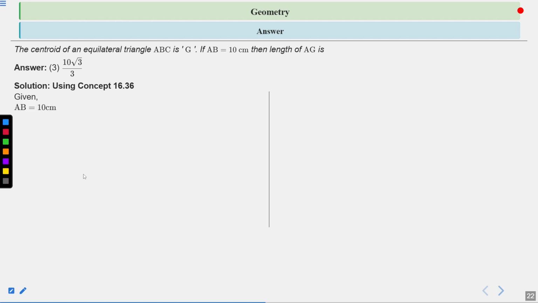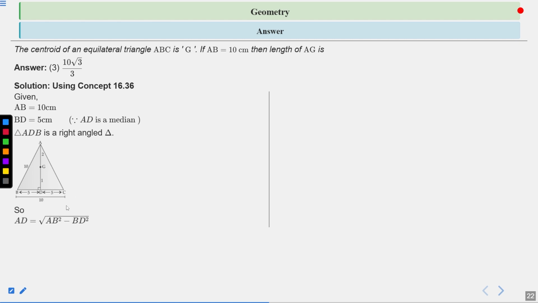Given that AB equals 10 centimeter, BD will become 5 centimeter, as AD is a median. So triangle ADB becomes a right angle triangle. We can see in this diagram, this is 10 centimeter, 10 centimeter and 10 centimeter. All sides will be 10 centimeter. When we draw a median, it bisects the side into equal parts. So BD and DC become 5 centimeter. We also know that in an equilateral triangle, the median is also a perpendicular altitude, and medians divide each other in the ratio 2:1. So we can calculate the altitude of the triangle.